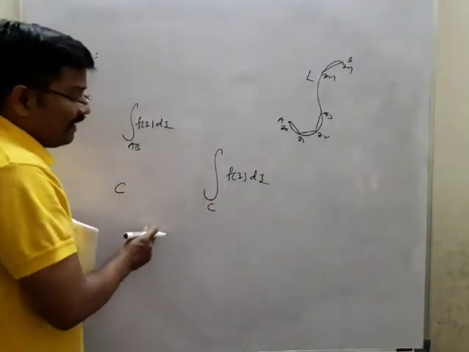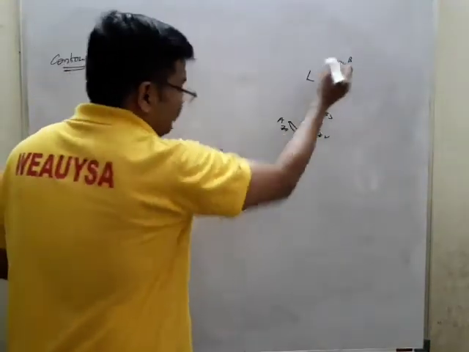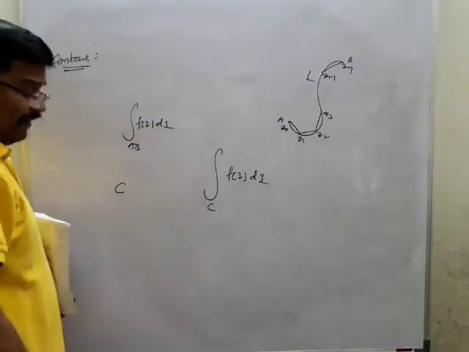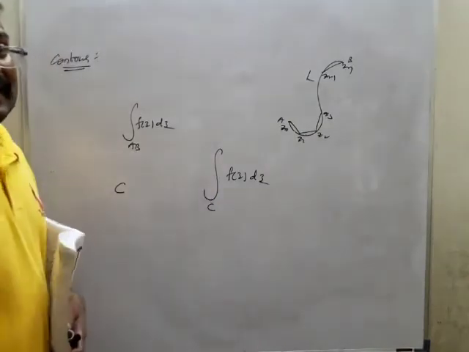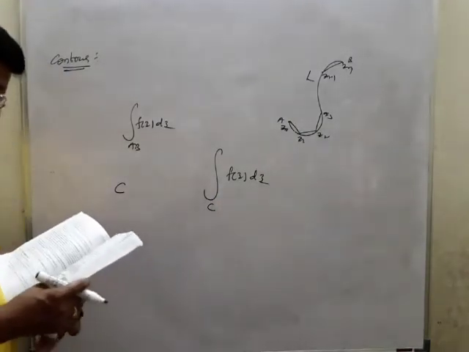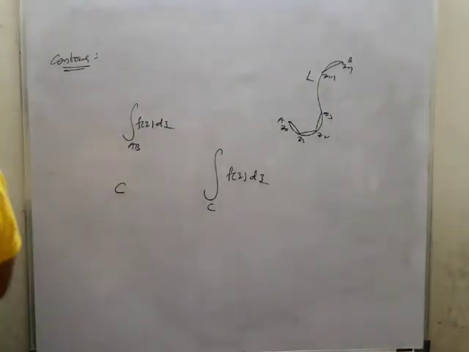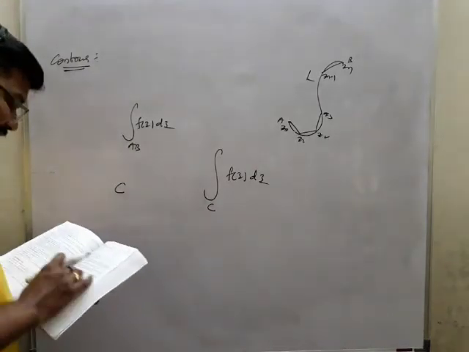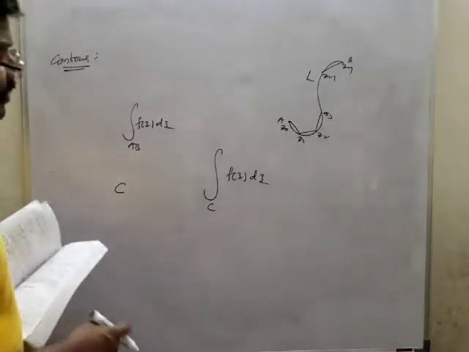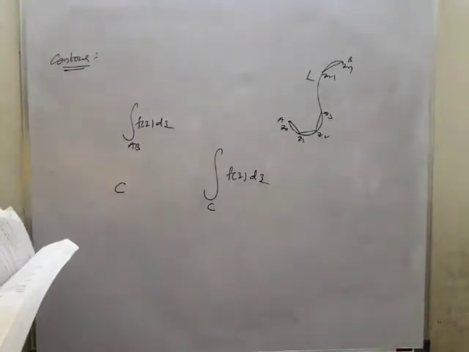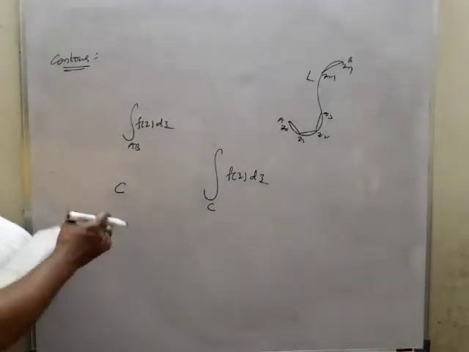The integral over C means it is being taken over all the finite number of regular arcs, starting from A to B, which together are called C. And if no direction is mentioned, we take it as the anti-clockwise direction, which is the positive direction, not the negative one. Only if they mention the direction do we take otherwise. So this is how the contour of the regular arcs is formed.